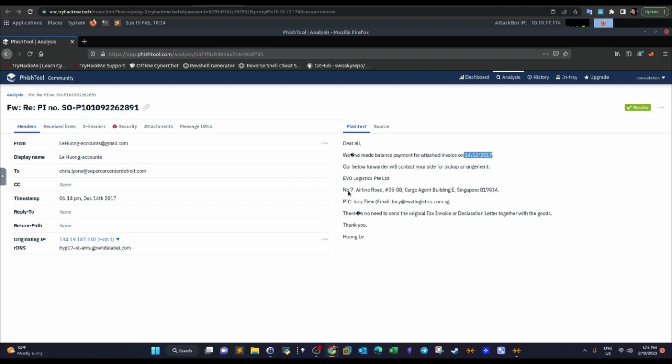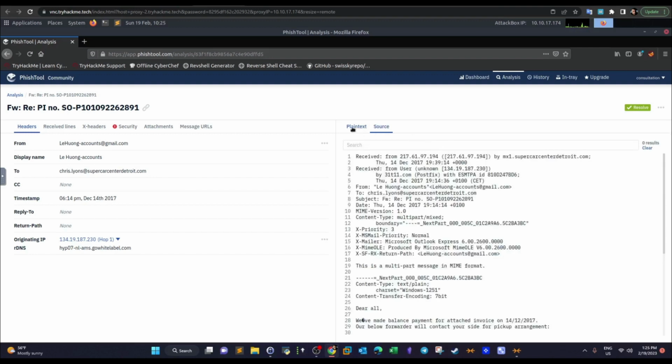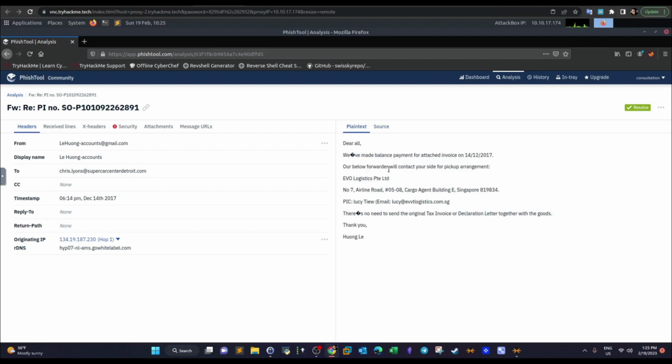And this is the sender, but if you look at the email itself, as you can see, it's claiming to be coming from this address. So there is no need to send the original tax invoice or declaration letter together with the goods. Okay, so this email has been sent from what seems to be a financial advisor. Okay, and it's claiming that we need to open the invoice to be able to view the bill and the